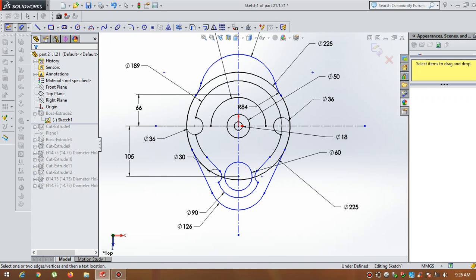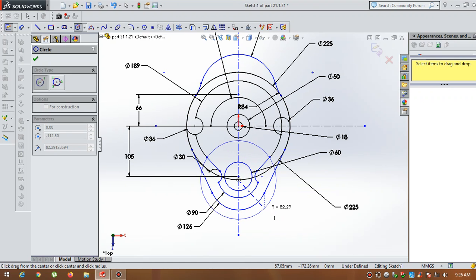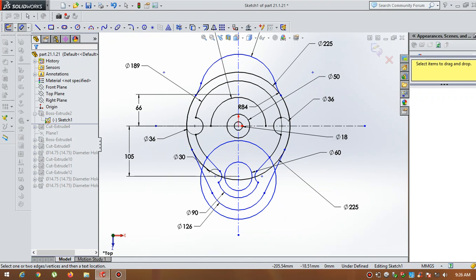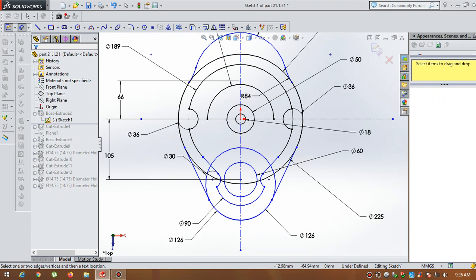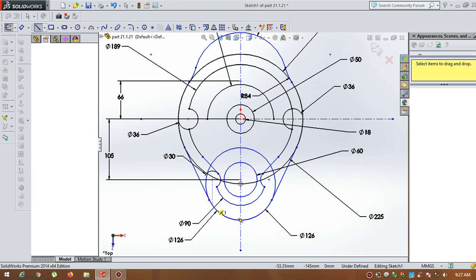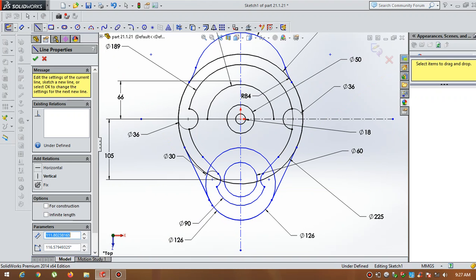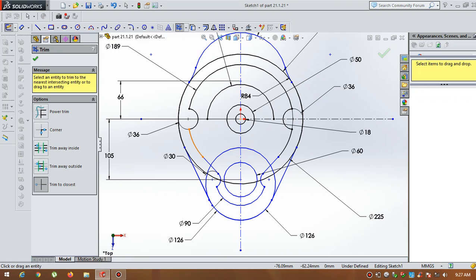Now here again a circle from the center point. Go for dimensions. It is 126. And what I have done is draw a line tangent to the circle. Then using the trim command, trim this.